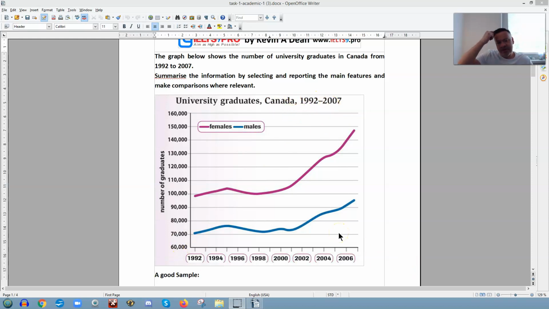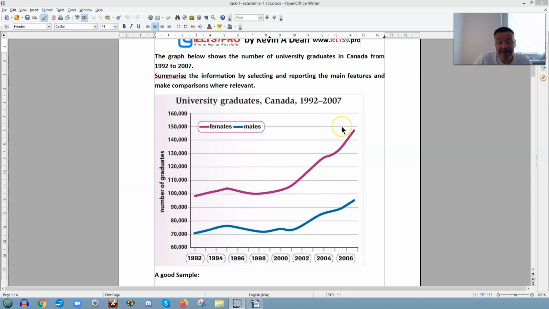Okay, so the graph below shows the number of university graduates in Canada from 1992 to 2007. And they'll always say, summarize the information by selecting and reporting the main features, and there's usually 3. Not all features, main features. The criteria just say talk about the key trends or the main features, and make comparisons where relevant. So we can see it's graduate numbers in Canada, a 15-year period, measured in tens of thousands, and we can see the most obvious thing here,